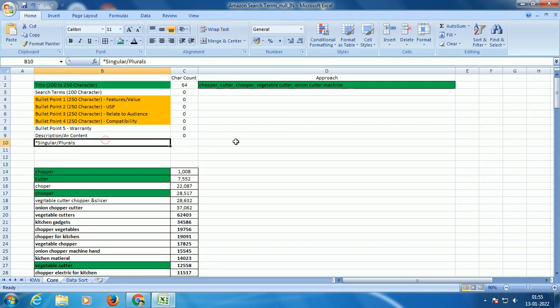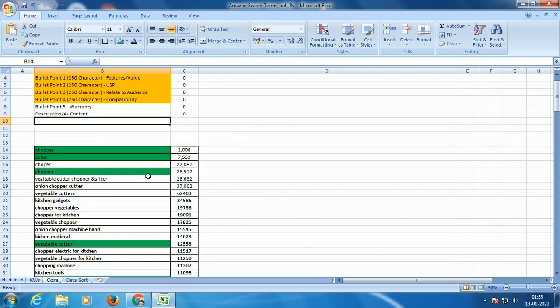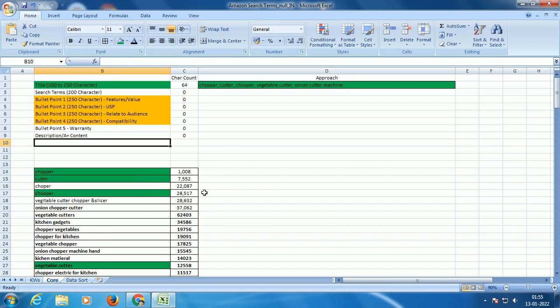Okay, so now for the title, I've put up a simple formulated Excel spreadsheet. The beauty of this sheet is I'm not dependent upon any software tools such as Helium 10. In Helium 10 you have Scribbles to do all this activity, but if you are running tight on your budget and do not have a Helium 10 subscription, you need not worry. You can just build a simple Excel spreadsheet like this. In case you need this sheet, just post it in a comment and I'll share it.